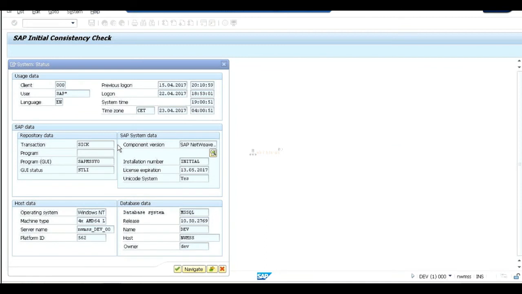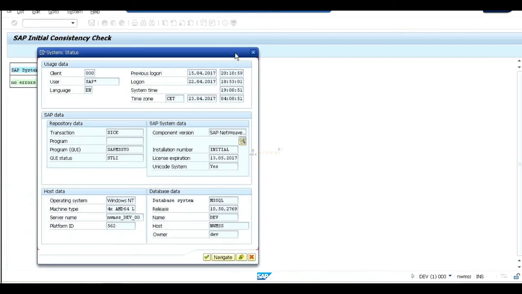Good question. I have 10 dialog work processes, right? What is your value? Profile value, profile name, parameter name, dialog work process runtime, right? For all my dialog work processes, I have only one profile name with the time limit.